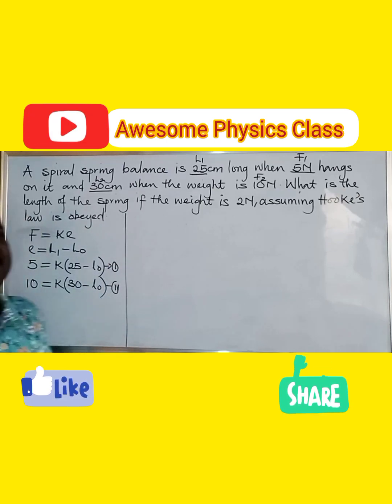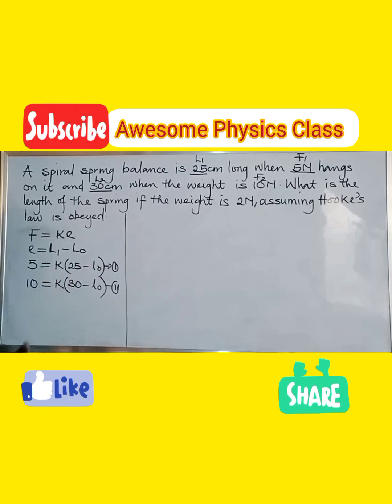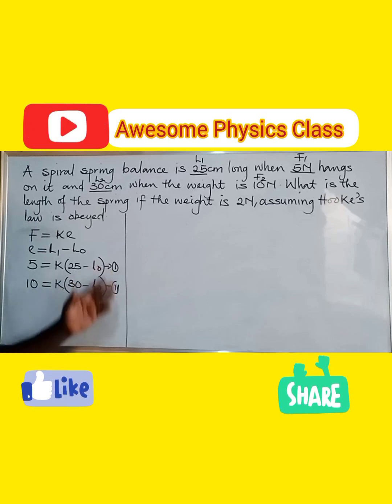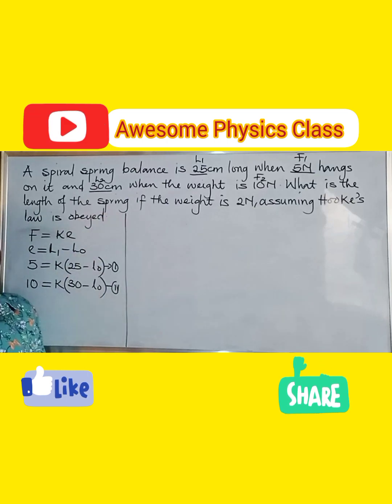What we need to consider is that the force constant must always be the same, and the initial length of the spring must also be the same. So I have my 1 and I also have my 2. If you look at equation 1 and equation 2, you will observe that equation 2 is somehow bigger than equation 1. So from here I can write, divide